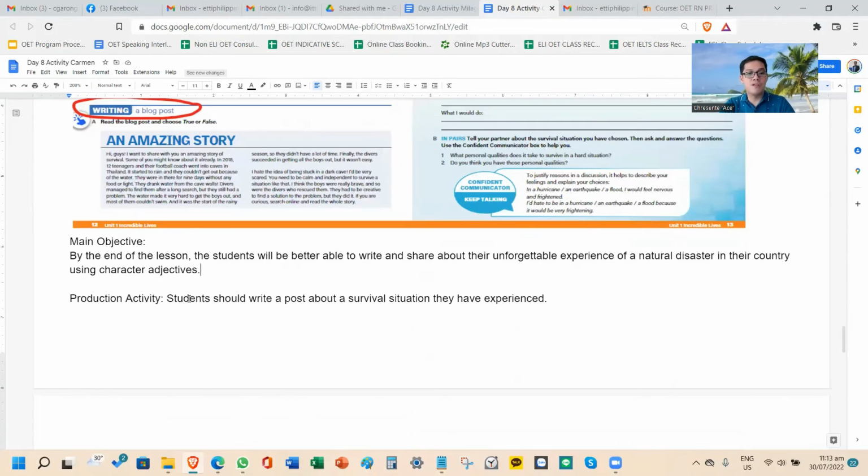And then your production: the students should write a post about a survival situation they have experienced. So this becomes unforgettable experience, but it has to be specific. Students should, not really should, we don't want to be imposed. So write